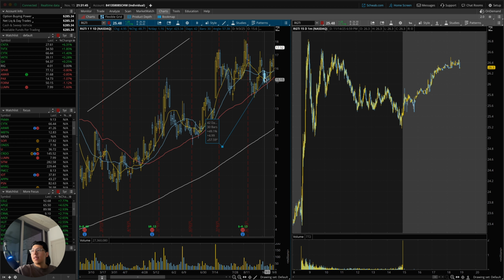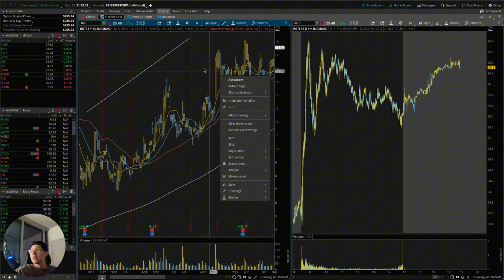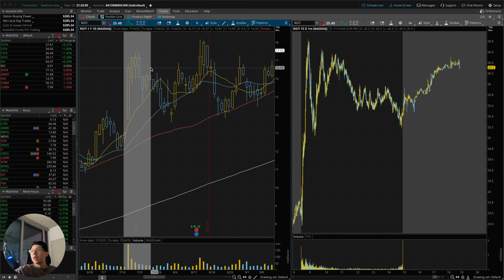So on this particular stock right here, I already saw that we made a huge move up. Then we see that the SMAs were stacked up. So I was like, okay. So I'm gonna add this stock into my watch list. I have my watches right here. I just added it to my watches, and what I did is I just waited for a break of structure.